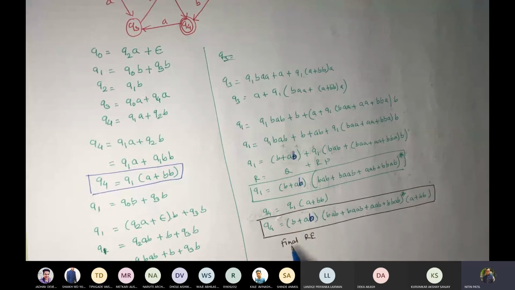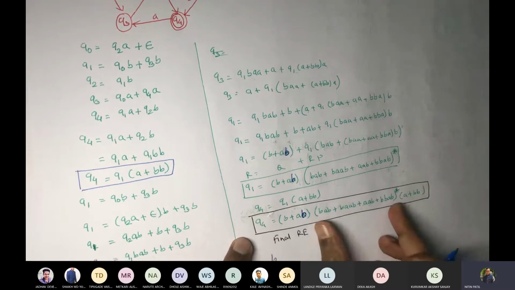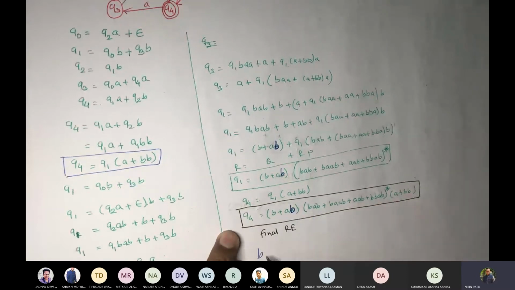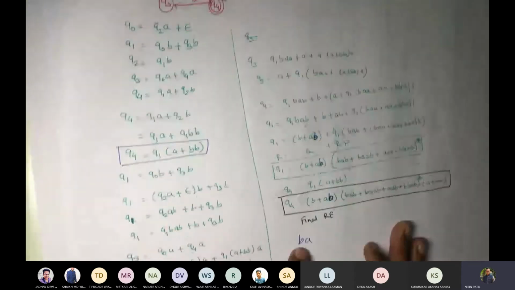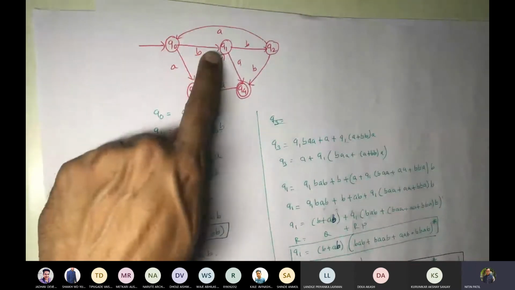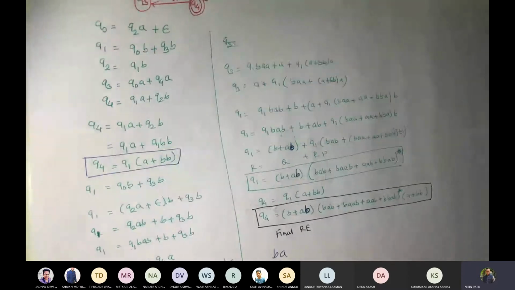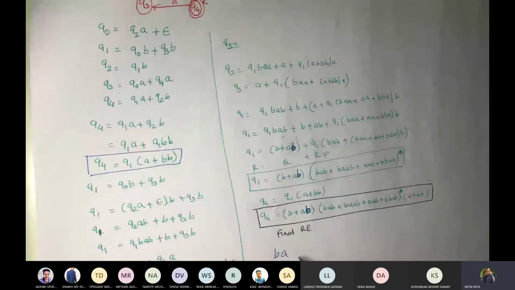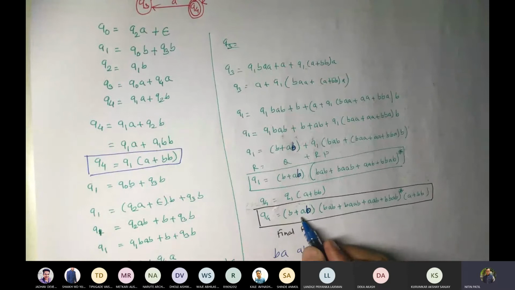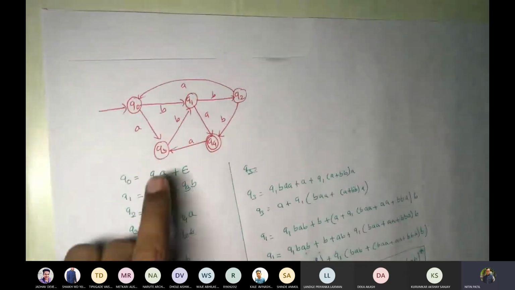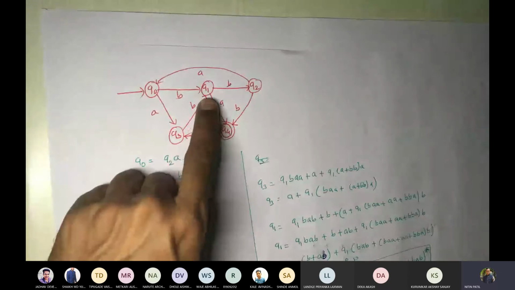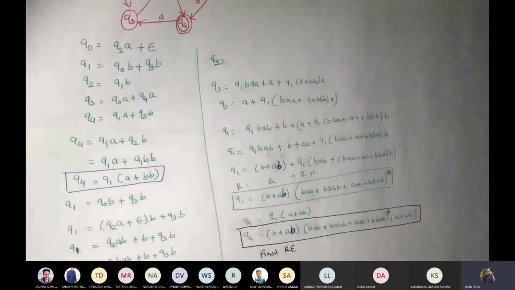So now, if I take one element from this set, first of all, let me take B, and I will take this as null, and then I will take A. So this is the first thing. So let us see whether we can get BA accepted. This BA accepted, correct? So this B, then this A. So done. So this BA is accepted. So let me take this AB now, and I will take this epsilon, and I will take only A. So ABA. So let us see A, B, and A. So this is also done.